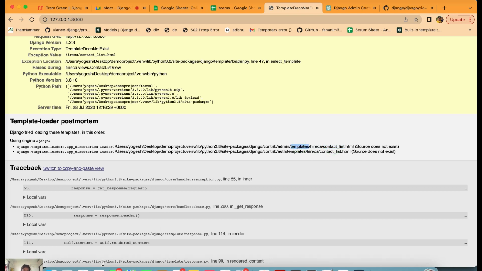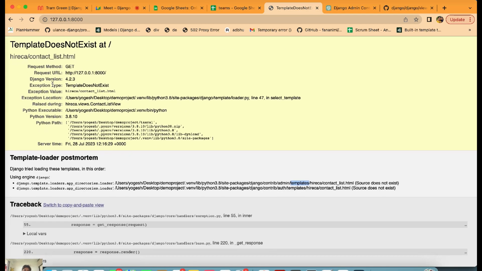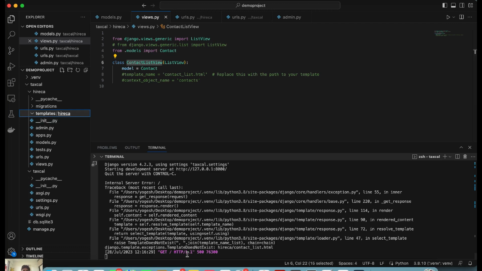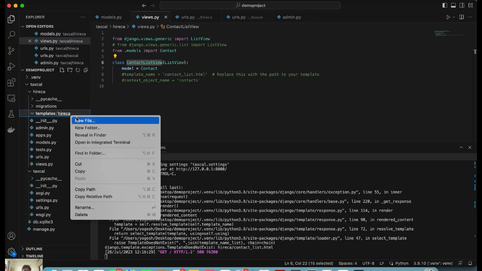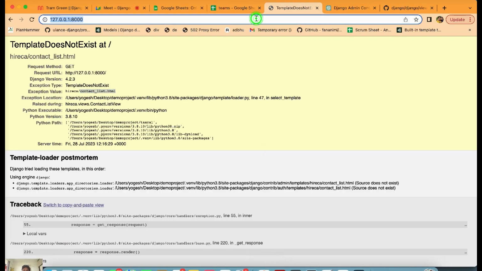Now we need to create a templates folder inside hire ca. Inside the templates we need to create again a hire ca folder for the template. Inside the hire ca we need to create contact list dot html. So we are going to create contact list.html. Cool. Now if you reload this,